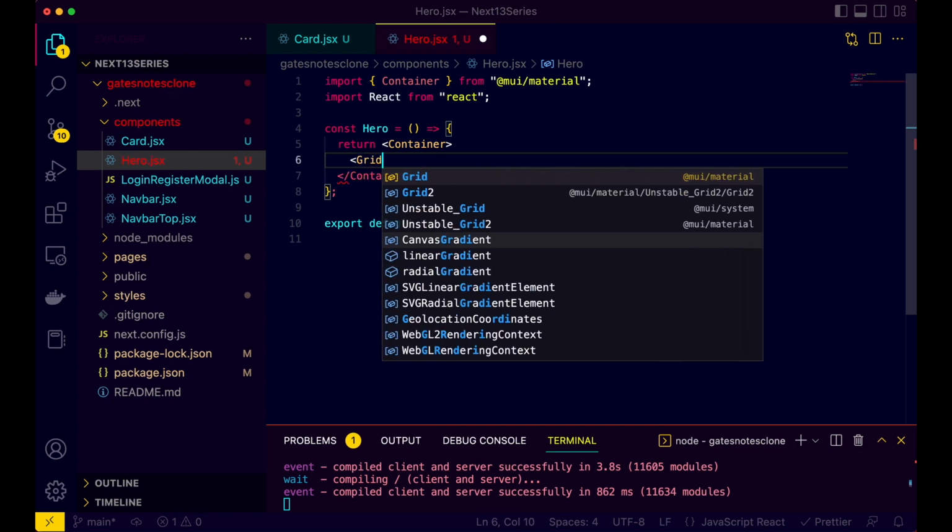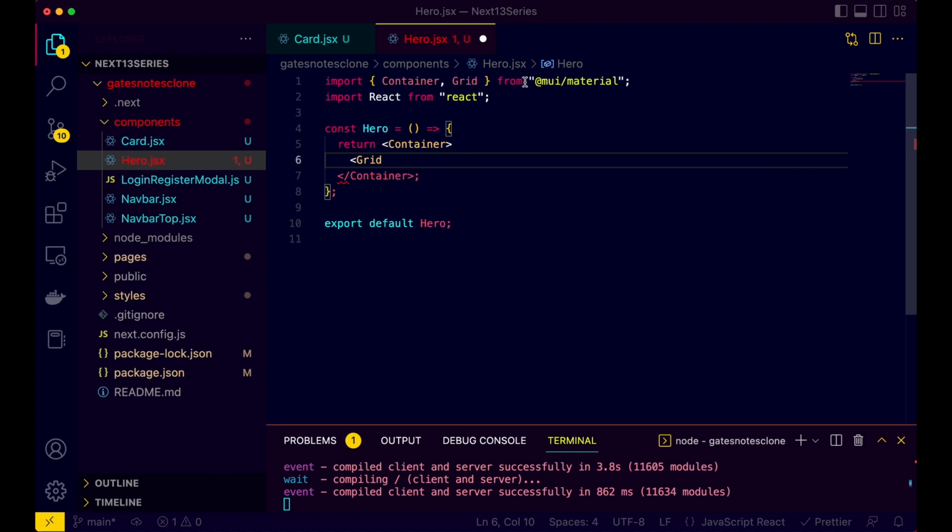So Grid, and there's also something new in Material UI 5, which is Grid2. Now this Grid2 is not supported in Next.js 13, so please don't use this, otherwise you will see some unnecessary errors. So I'll go ahead and import the Grid from MUI material, just a normal one,